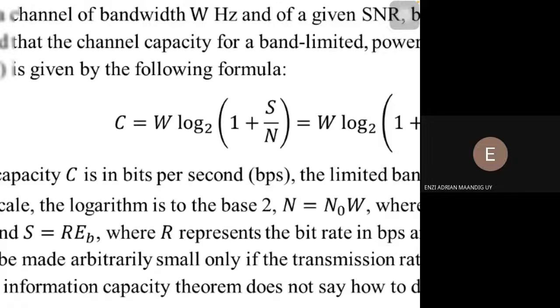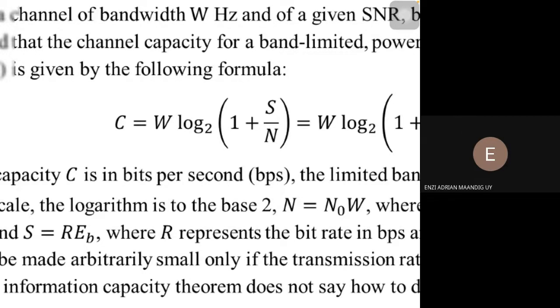Channel capacity C is equal to W, the channel bandwidth, times the log base 2 of 1 plus S over N, where S over N is the signal-to-noise ratio. So what can we get from here? That the capacity of a channel, its capability to transmit information, is dependent on the bandwidth of the signal